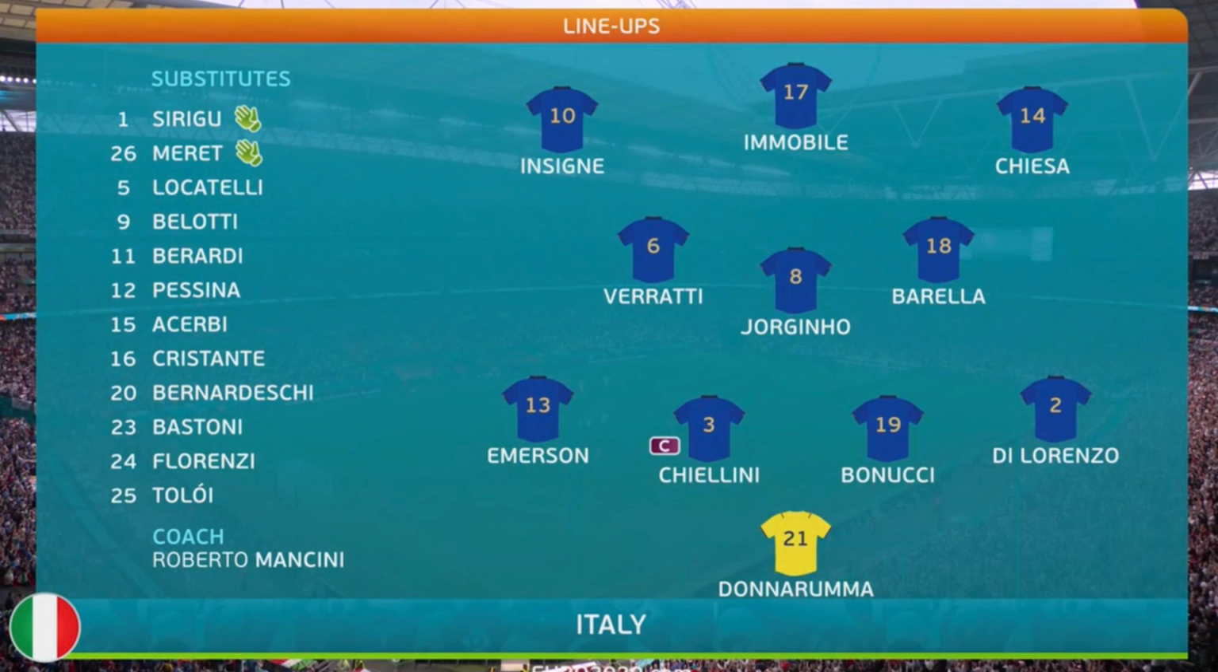I was slightly not confused, but I didn't expect Chiesa to start. But he did, and he had a decent game. But anyway, let's have a look at the first thing to highlight, which was the shape for Italy and the